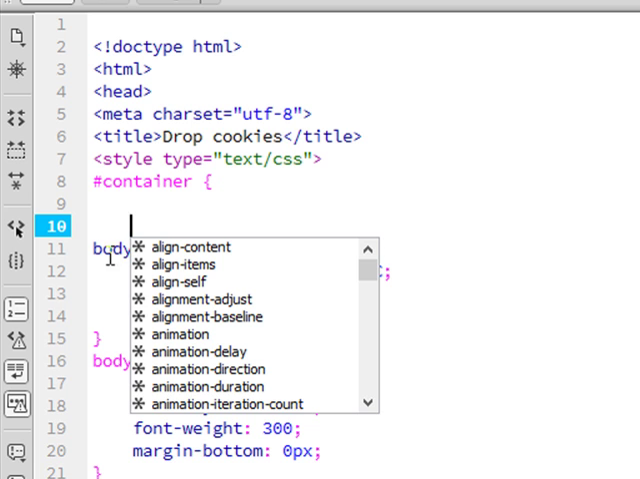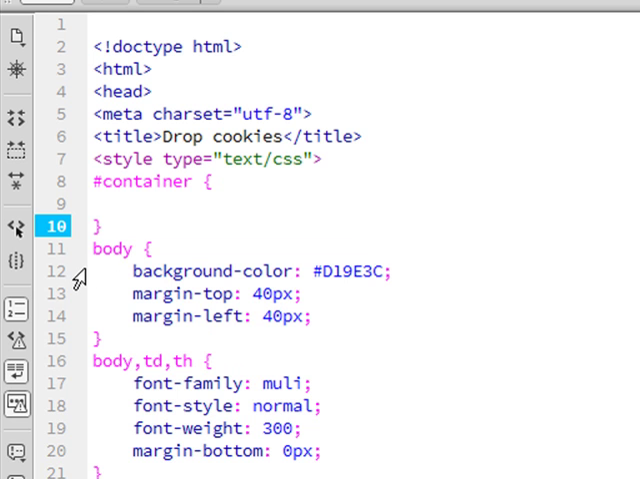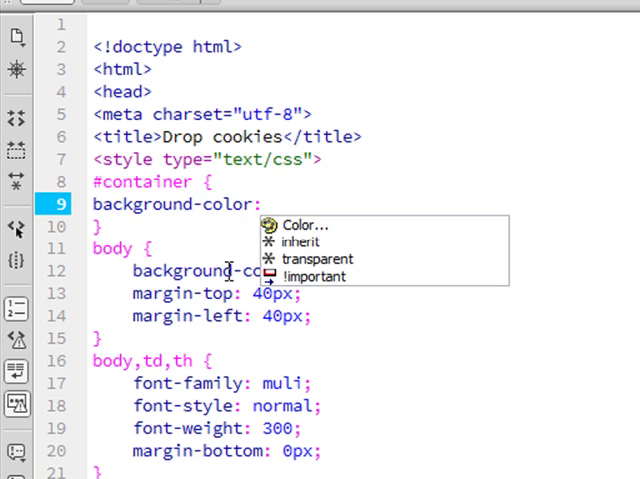Notice until I put my closing curly bracket, the code that I had below is X'd out. As soon as I put that in, it goes back to being a CSS style, and it goes back to being pink. The color coding is just something that Dreamweaver does. It doesn't really control anything. I'm going to give it something simple like a background color, so we can see how this works. Background color, colon,